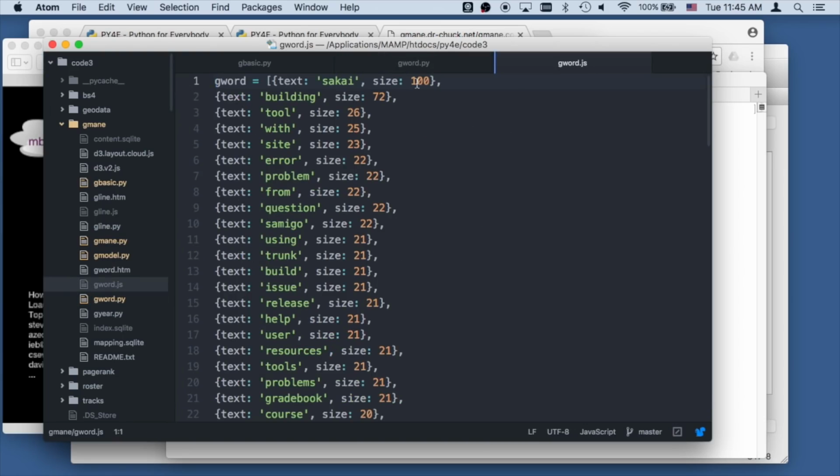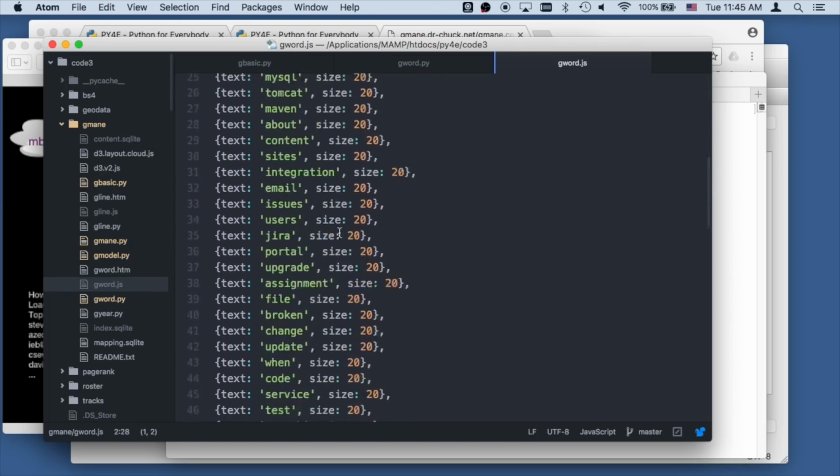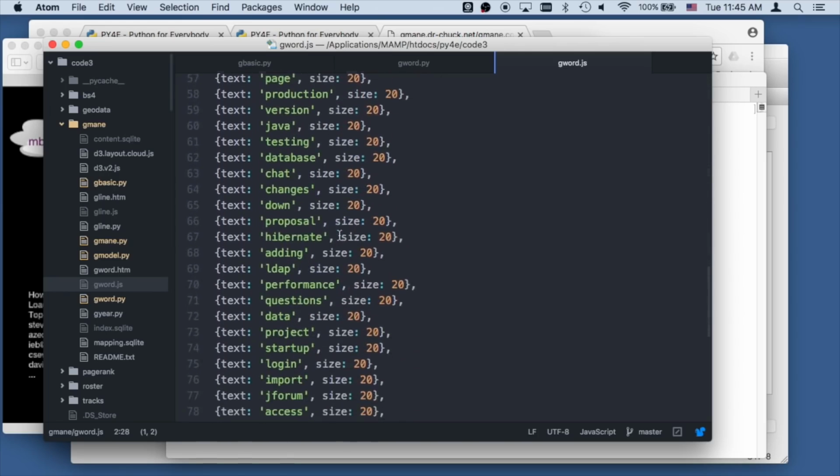And so this is basically, it normalized all the frequencies and made them font sizes. These are font sizes now. Okay, and so this is just the data that's needed